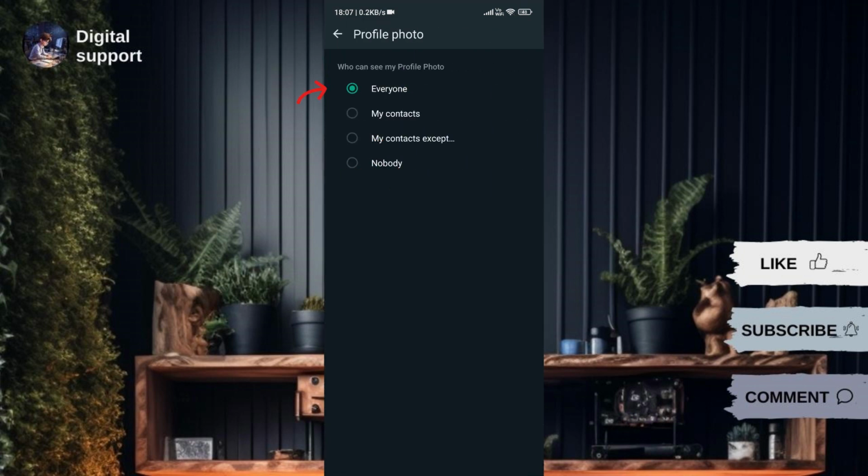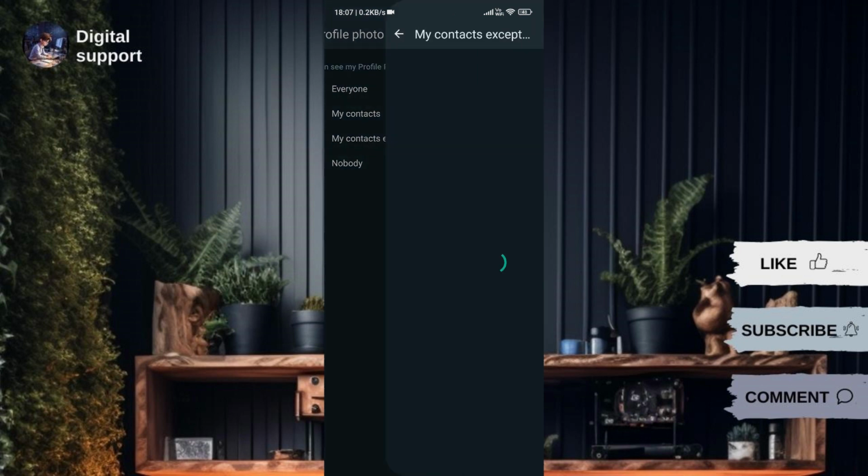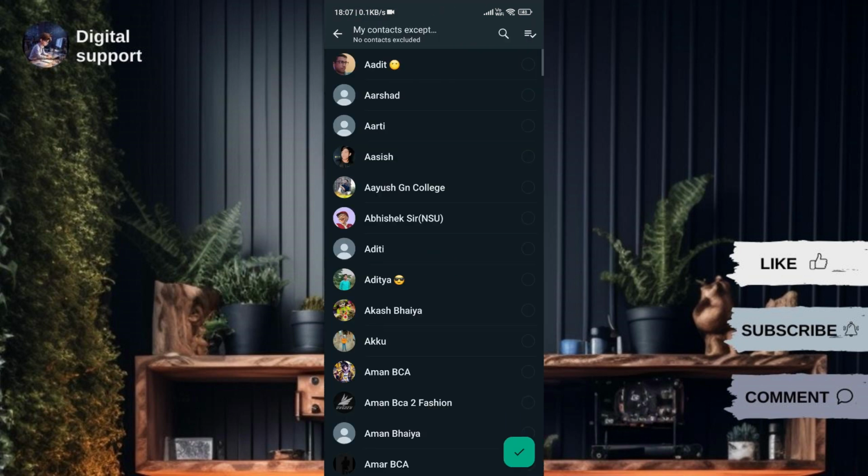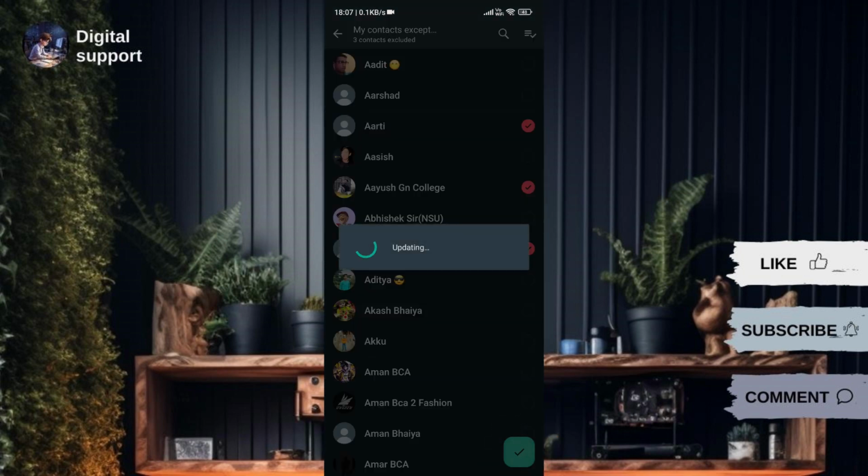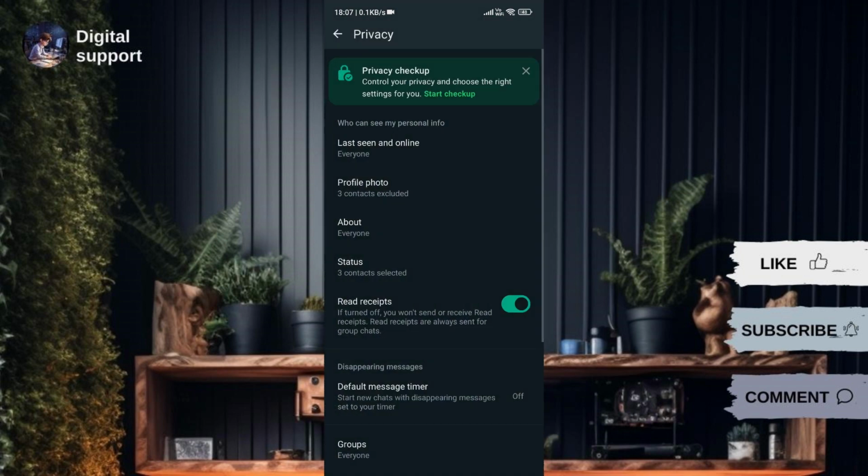By default, everyone can see your profile picture. To hide it from specific contacts, choose the option My Contacts Except. Then, select the contacts from whom you want to hide your profile picture. After that, tap Done to save your changes. Once you've completed these steps, the selected contacts will no longer be able to see your WhatsApp profile picture or